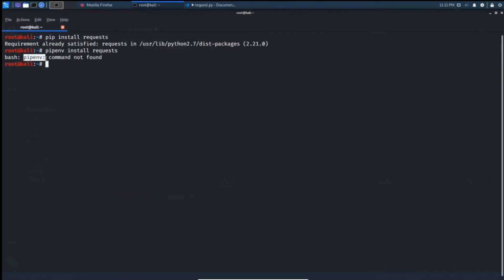Sorry, I am not using the pipenv command to manage my Python modules, so it prompted me that it is an invalid command. So if you did not install the request module, or you need to know whether the request module is installed on our Python, type this command before handling the request module to know whether the request module is installed on our system or not.